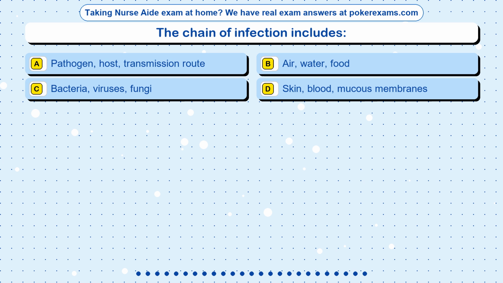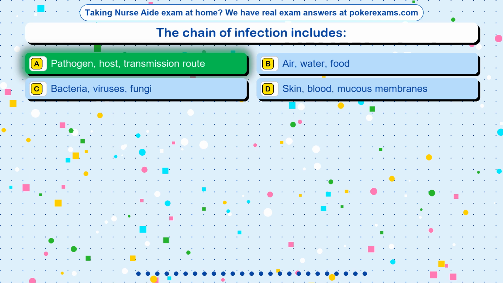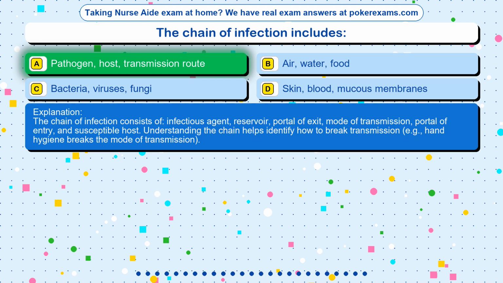Question 23. The chain of infection includes Option A, pathogen, host, transmission route. Option B, air, water, food. Option C, bacteria, viruses, fungi. Option D, skin, blood, mucous membranes. The correct answer is option A, pathogen, host, transmission route. The chain of infection consists of infectious agent, reservoir, portal of exit, mode of transmission, portal of entry, and susceptible host. Understanding the chain helps identify how to break transmission. Example, hand hygiene breaks the mode of